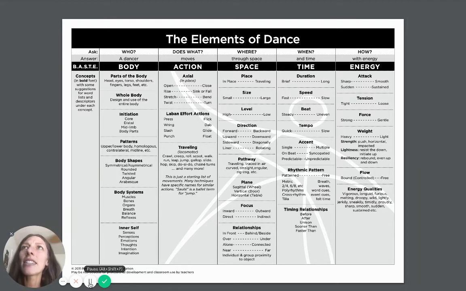And some styles of dance have their own actions that are specific to that dance. For example, in ballet, sauter is a verb, and it means jump. Or chasse is a verb, and that's like a gliding action or a galloping action that happens across the space. So every style of dance has its own set of action words that describe that dance.